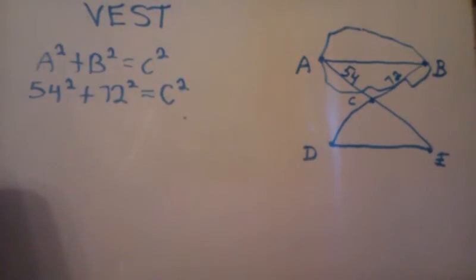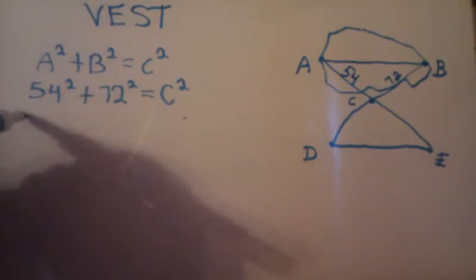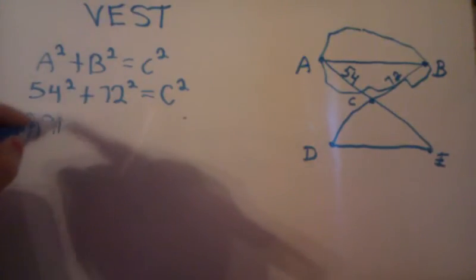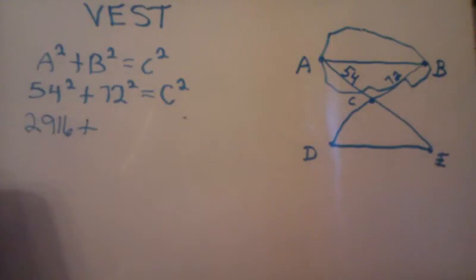Okay. And then he gets his calculator and he does 54 times 54. He finds out that this is 2,916 plus 72 times 72,